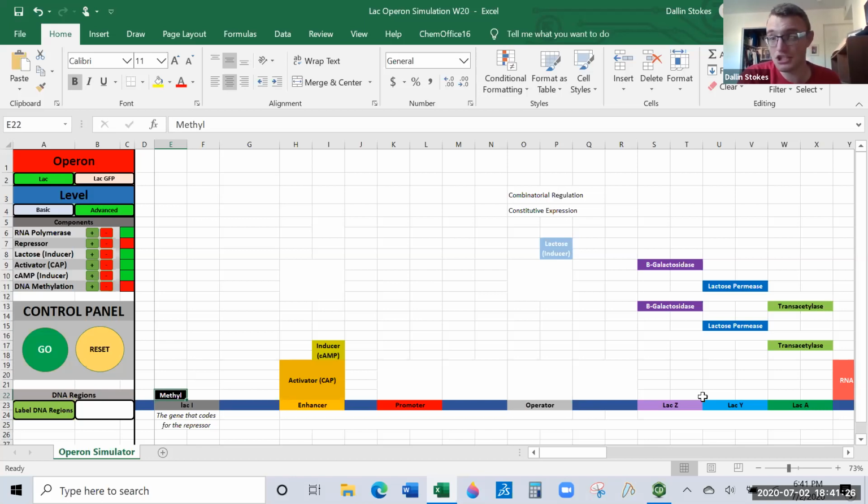So the RNA polymerase gene doesn't have a repressor. It just has a promoter and the gene for RNA polymerase. And so it's constitutively expressed, and that's a good thing, so that we always have enough RNA polymerase to build all the proteins we need to keep the cell alive.